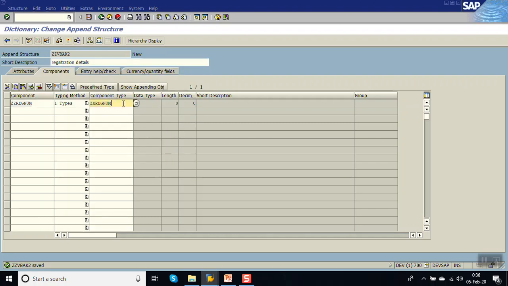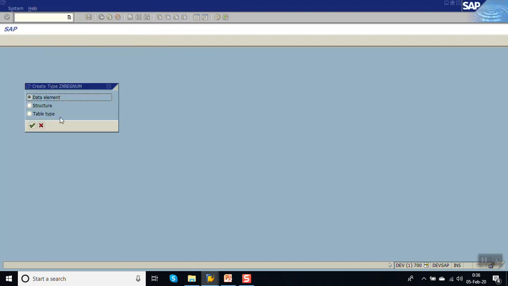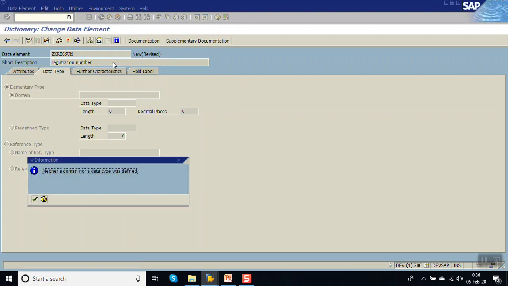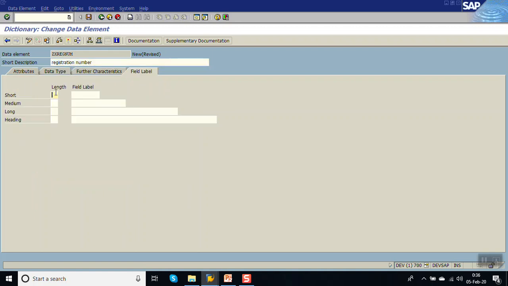Now to create a data element, double click here, this is a data element, give the label as registration number, we have to give a label here, REG number,